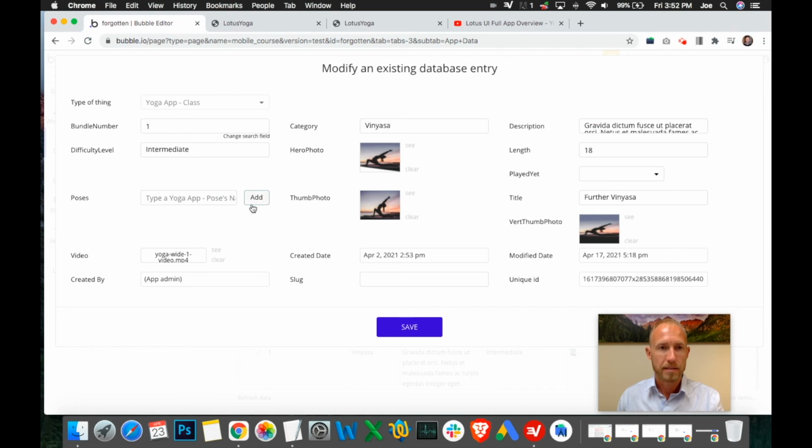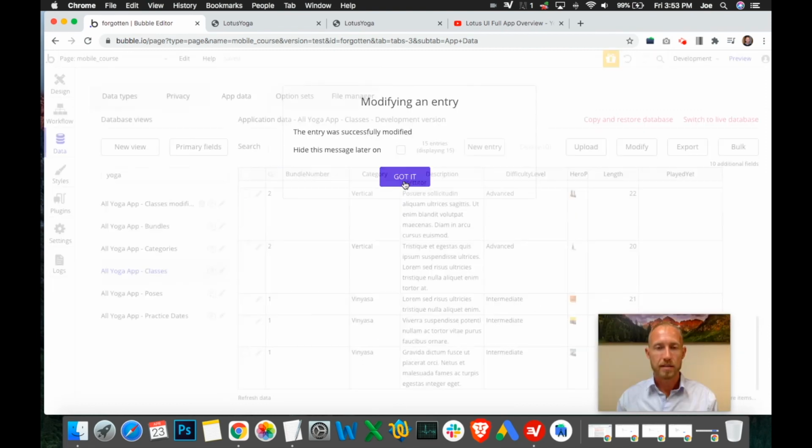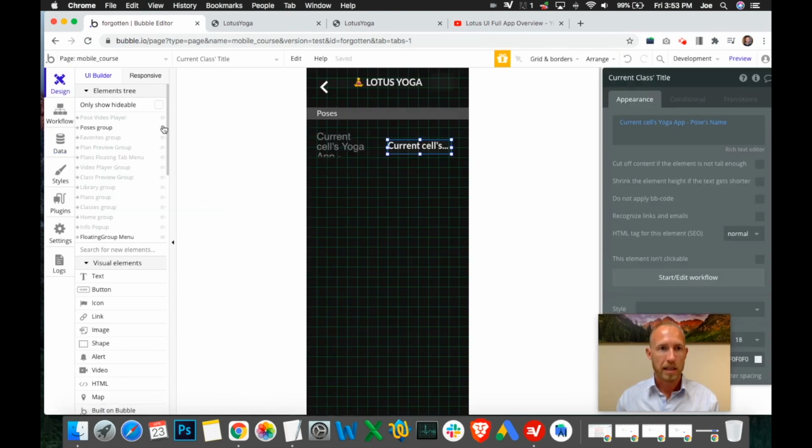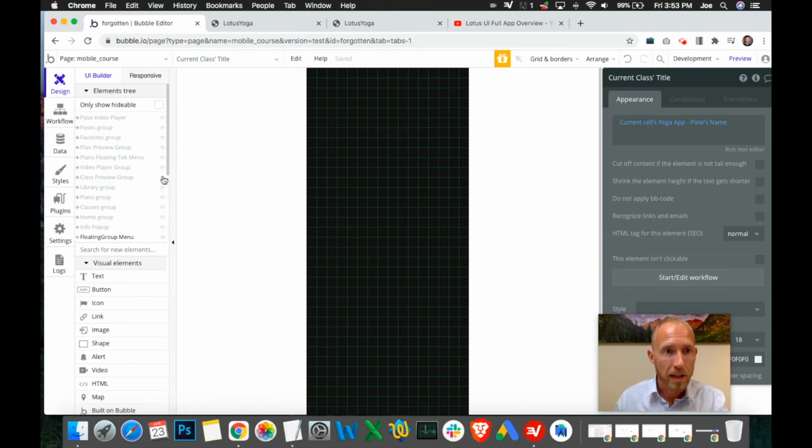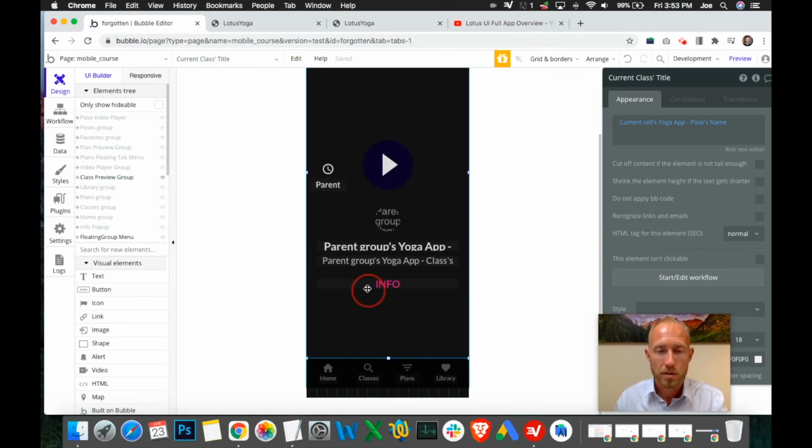So let's add in, what do we have for our pose names? There's an archer. We'll add an archer pose 2, and we'll add in the camel pose 1. So these are part of this class. So we'll save that. And then in our design for the class preview page, under info,